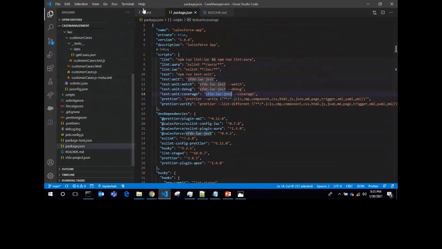Let's add a commit message: ci file for LWC.